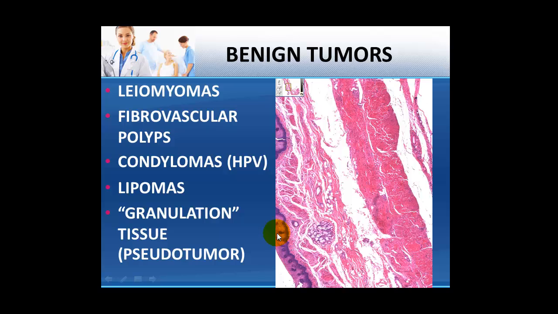That means there should be some kind of vascular blood supply which supplies these polyps, or else they won't be called polyps. They're called pseudopolyps. They may look like polyps, but they're not actually polyps because they do not fit the definition of polyps. That means they should have a fibrovascular core. Condylomas can be seen, which are caused by human papilloma viruses. Any squamous cell in your body can get affected by condylomas. You have fat in the esophagus, so you may get lipomas. In some cases, you may have some granulation tissue, which is also akin to a pseudotumor.